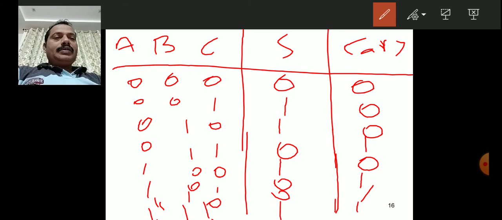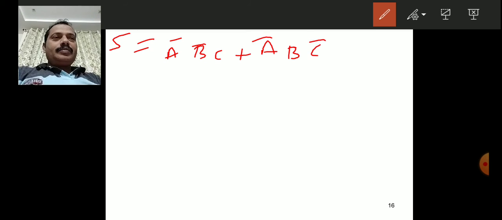Out of this we have already written the min terms SOP expression for the sum, and the carry also we have written. So let us see that once again. Here the sum expression is A bar B bar C plus A bar B C bar plus A B bar C bar plus